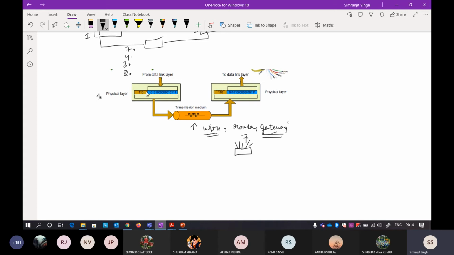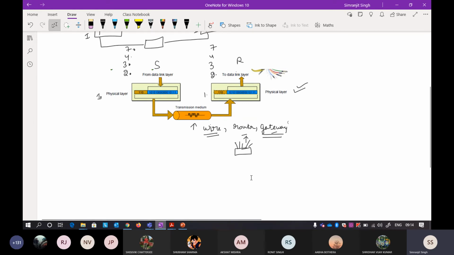It takes the bits from the physical layer, from the wire it transfers them to the receiver. Oh, sorry, it's the sender. Now when it reaches the receiver, you are seeing that it is again going towards the 7th layer. This is the second layer, this is the first layer, this is third, fourth, up to 7th layer. It will go up to the 7th layer. Here the diagram is only showing the data link layer because we are individually studying the physical layer. So understand this point.